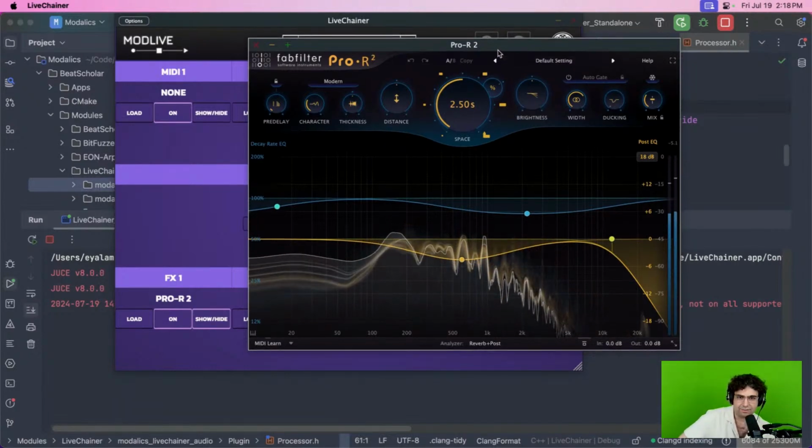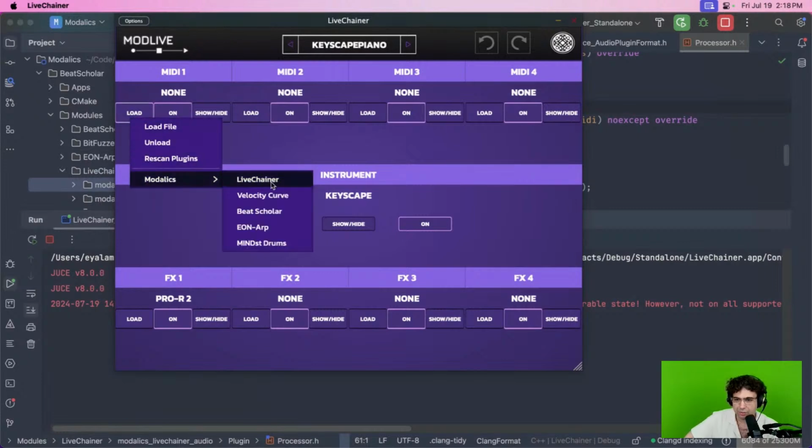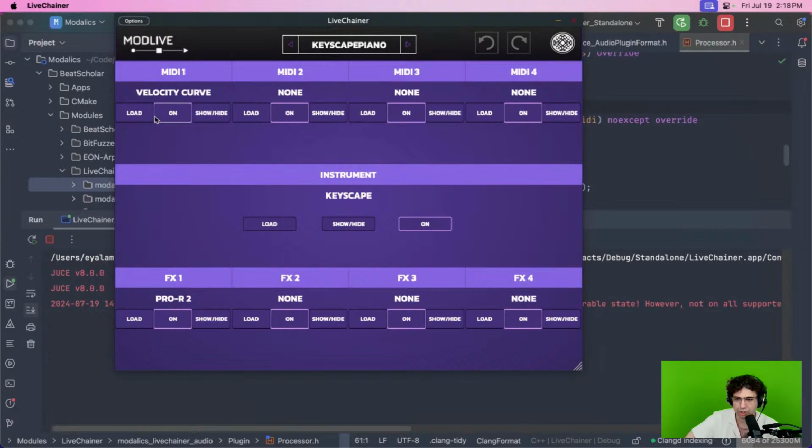Right, and I can save this chain as a preset. And the next thing I did, that's the thing I did in the previous stream, I started to add a few plugins that I want to have built in. So you can see you can have stuff that we've already released, like Eon ARP or Minds and Drums. But what I did in the last stream is that I programmed this from scratch. It's called Velocity Curve. This is a useful plugin because